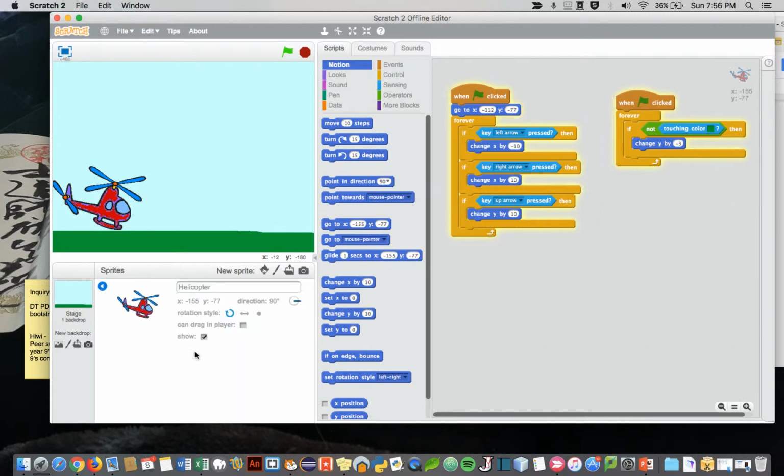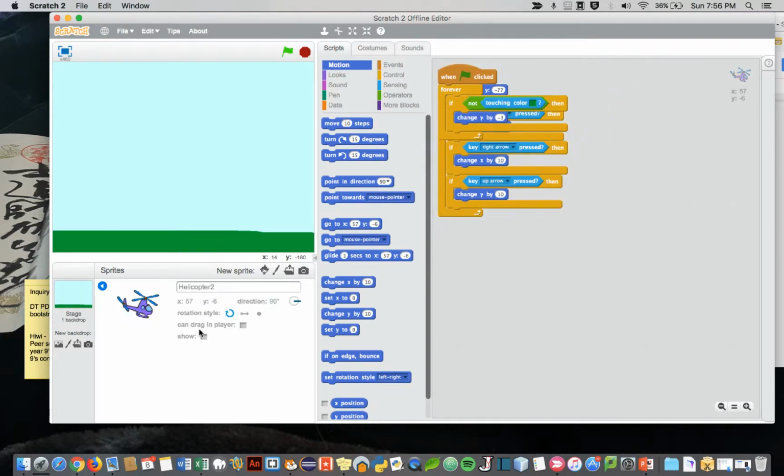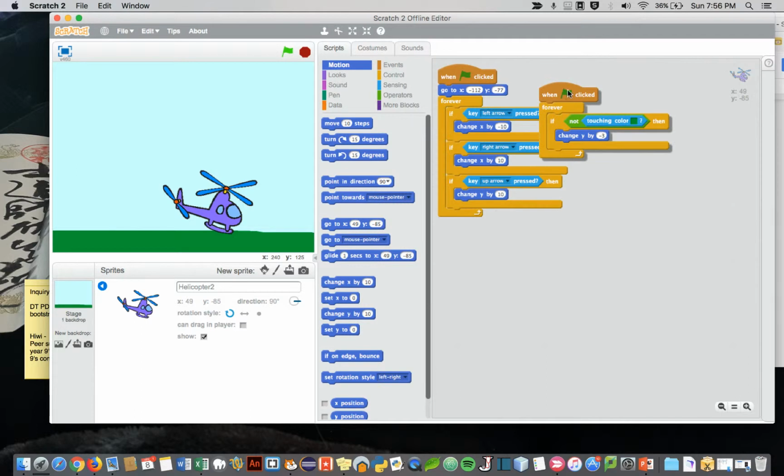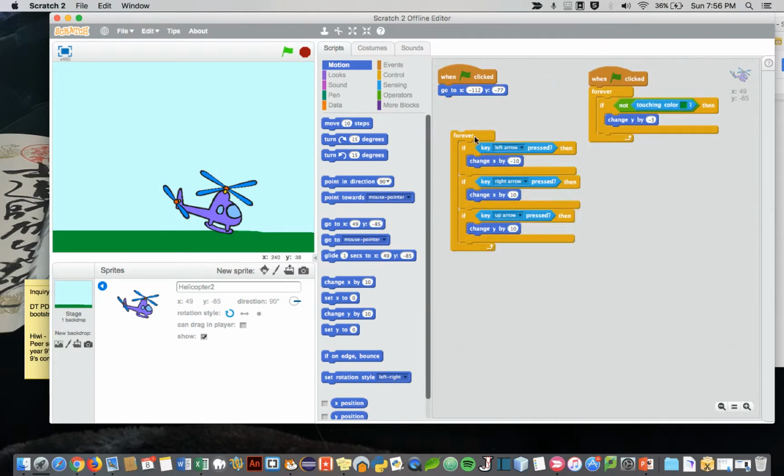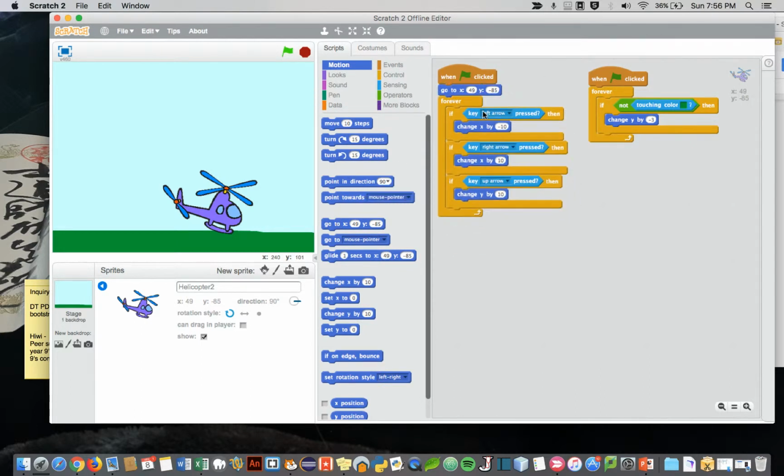So let's hide that one so I don't make a mistake. Now this one, we're going to program to go to a different position. So let's go to there. I use the same keys to control it, but I'm going